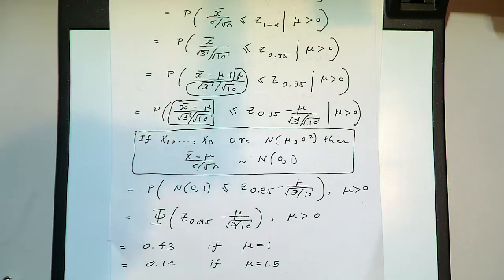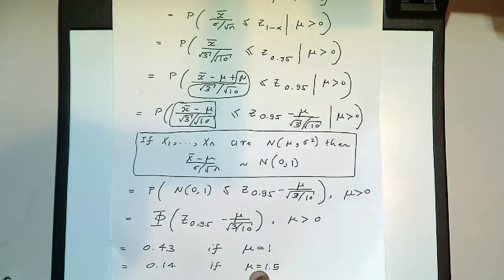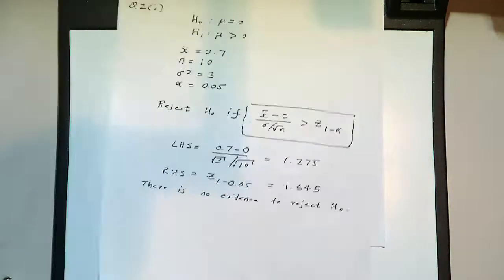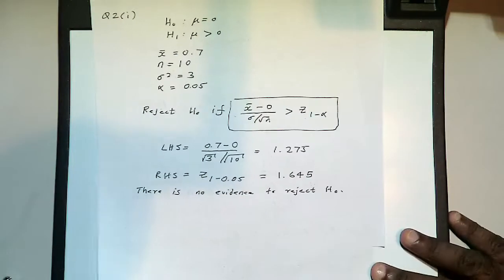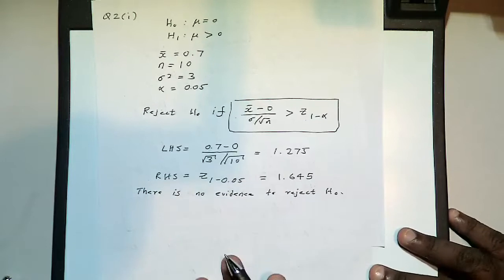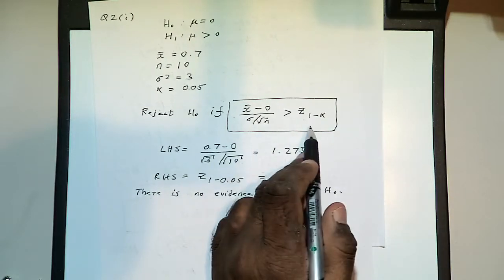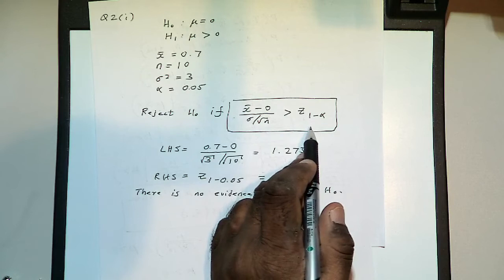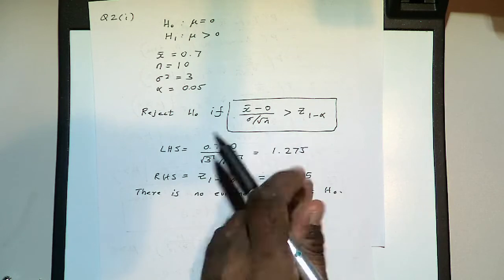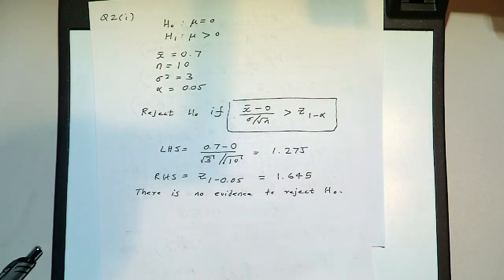So to do part 3, you need to go back to this question here. You see, the rule for rejecting H0 is if this is greater than Z1 minus alpha, right? Okay, so in order to do part 3,